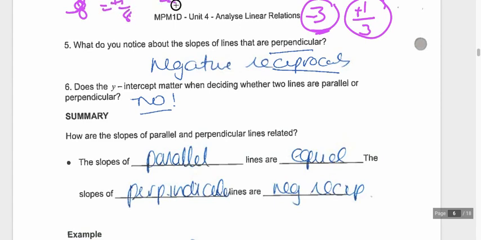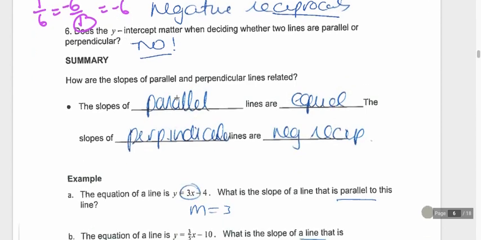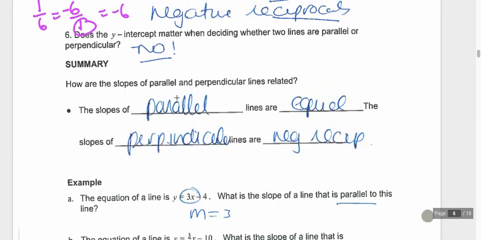If I had a fraction, like 2/3, what you're going to do is flip that to 3/2. And then if this was a positive, this would become a negative. So you got to change that sign. If you happen to flip a fraction like this, 1 over 6, and make it 6 over 1, change the sign to make it a negative. If the base of your fraction is a 1, then you can just reduce that down to negative 6. Okay, so that is negative reciprocals and slope,